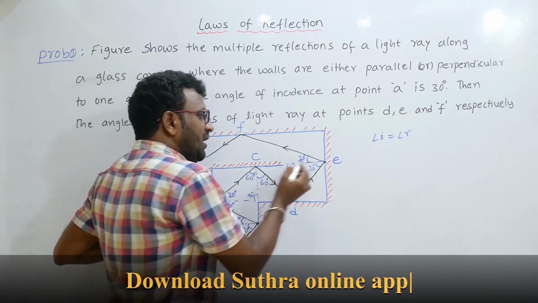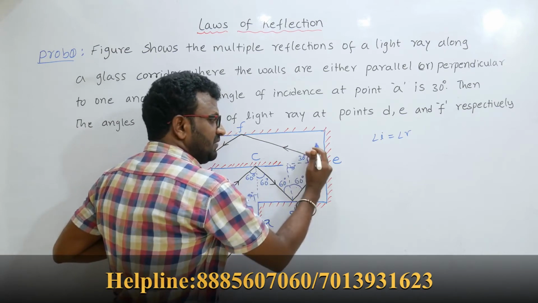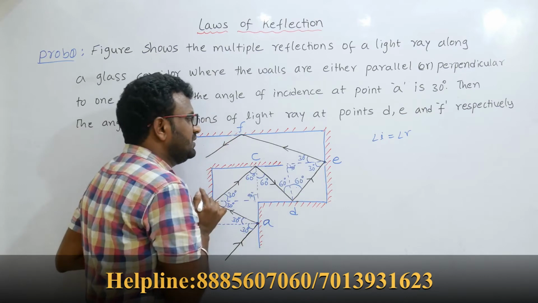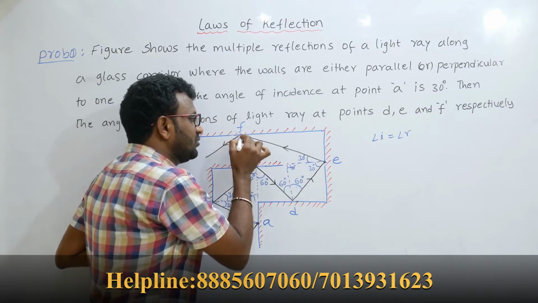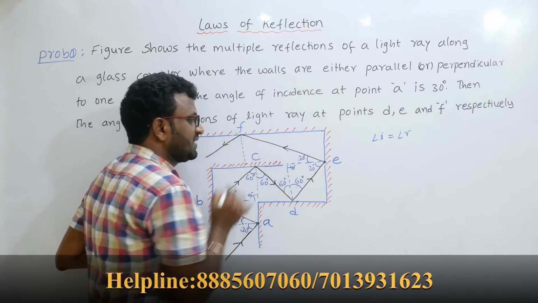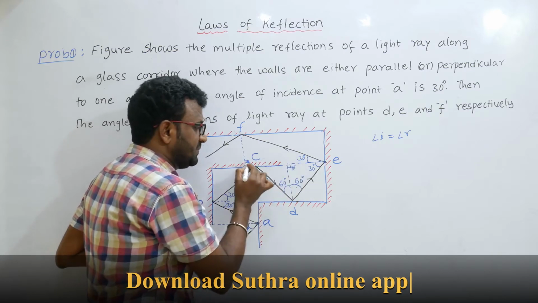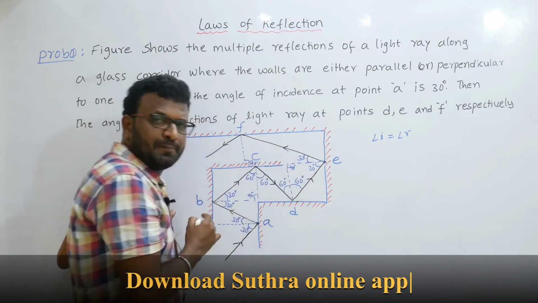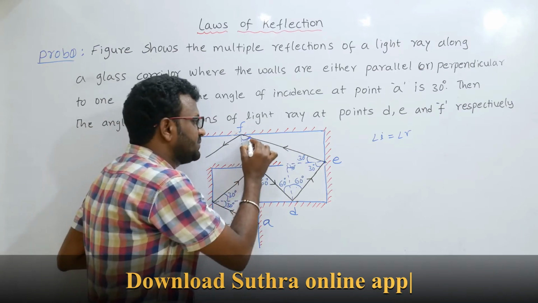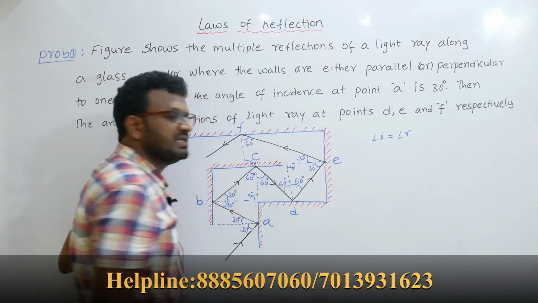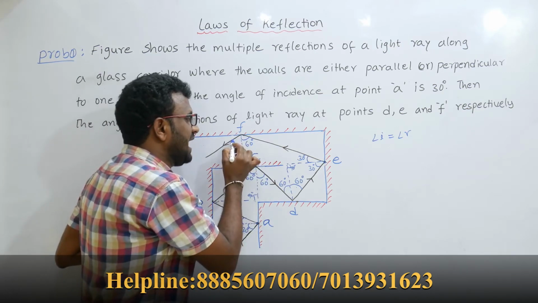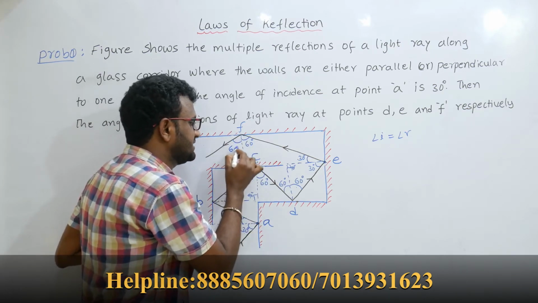Now after the reflection, the reflected ray is incident on the other mirror at the point F. At that point F I am going to draw the normal line again. So this is 30, this becomes 90 degrees, then 90 plus 30 is 120, so this angle becomes 60. Here the angle of incidence becomes 60 degrees. When the angle of incidence is 60, then the angle of reflection also becomes 60 degrees.